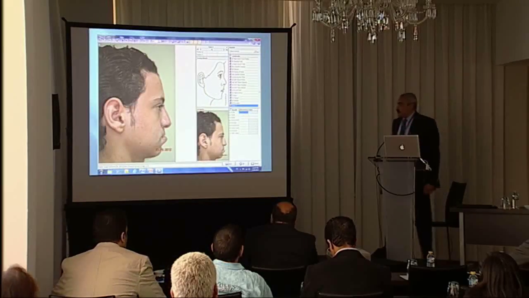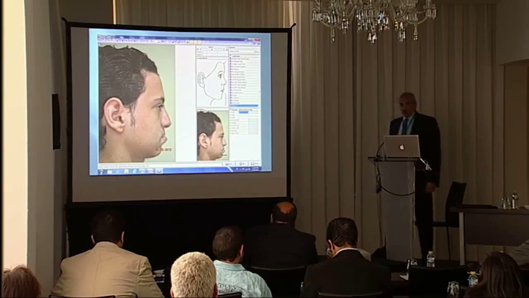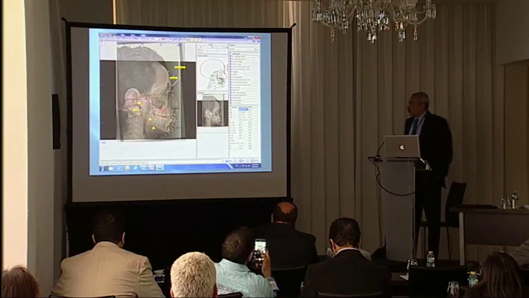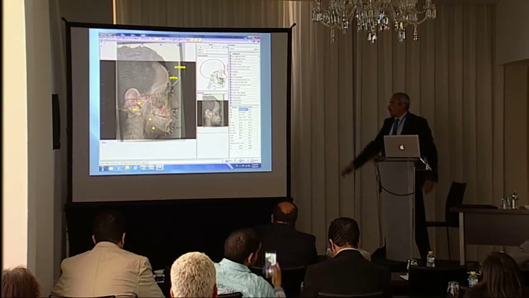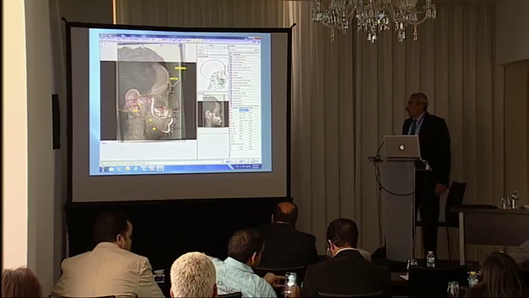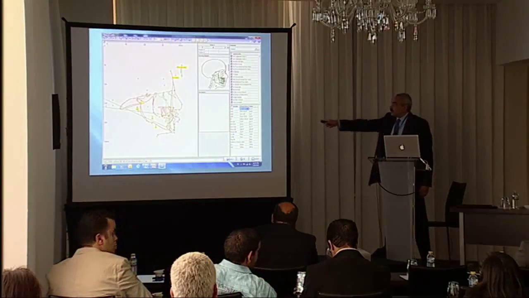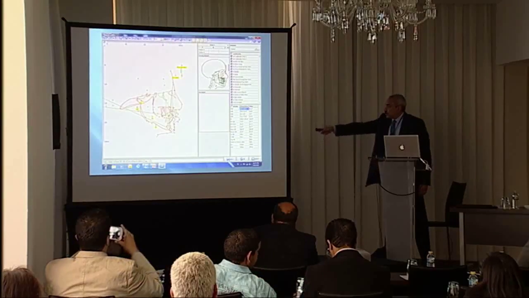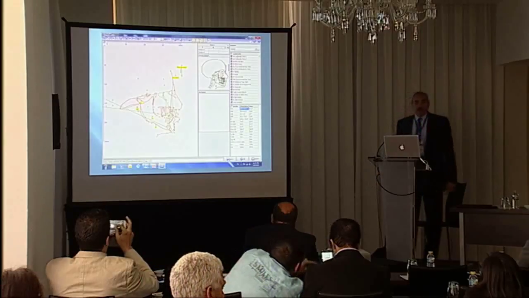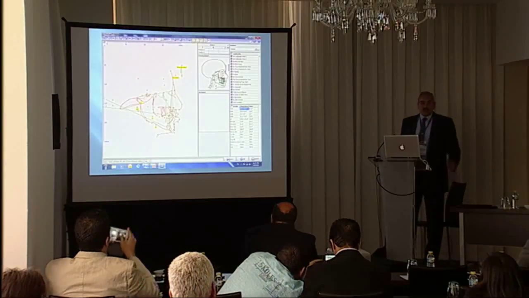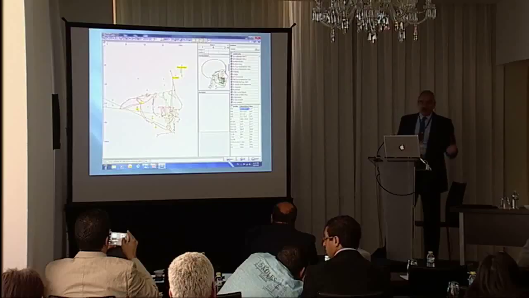Also, we can scan and digitize the photos. Then we can superimpose the photo over the picture and predict the surgery and the treatment outcome with two superimposed profiles,